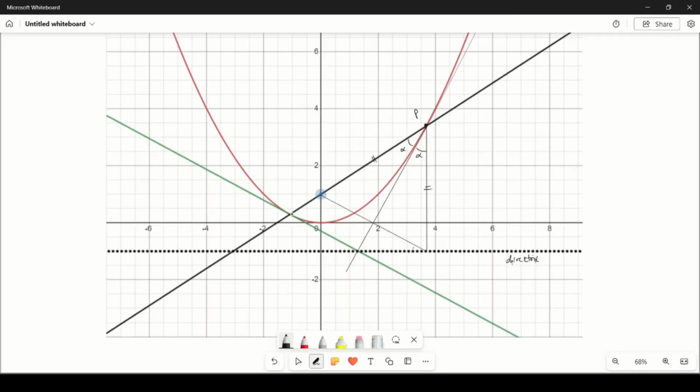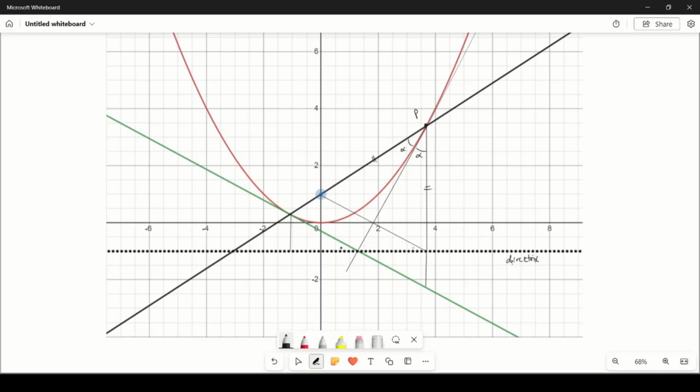So again, we can leverage the definition of the parabola, and say that this length here is going to be equal to this length here. Why? Because of the exact same property. Okay, and if I extend the line that went to the directrix all the way to meet this other line here, which is also a tangent to the parabola,